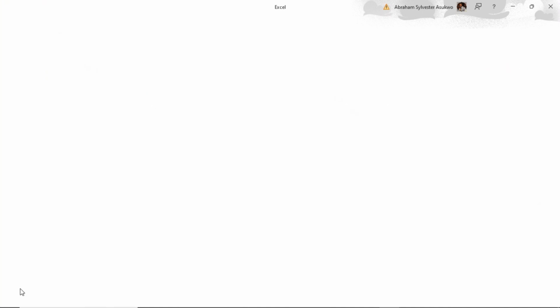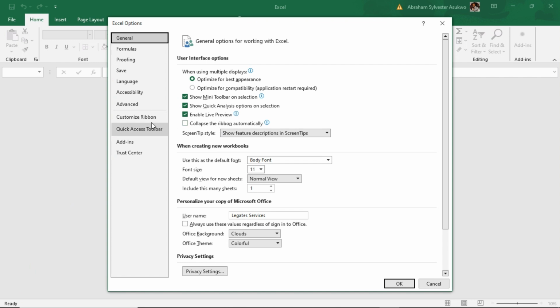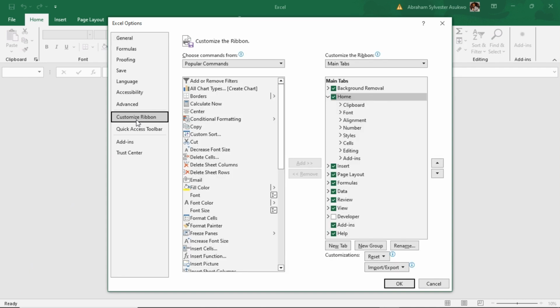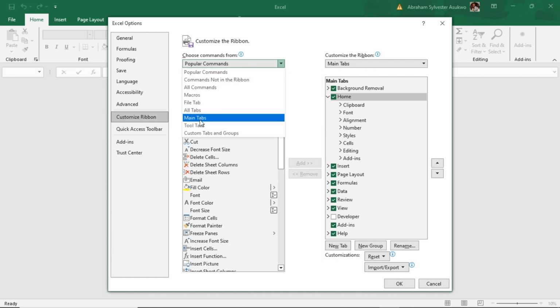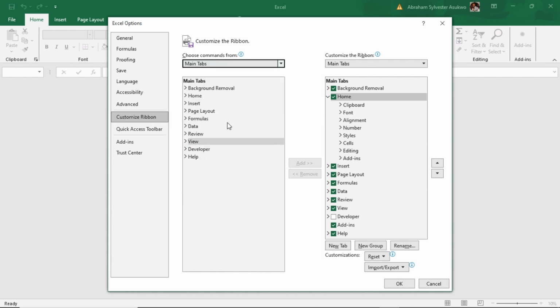Right where you have options, a menu pops up. Under this menu, you have general, formula, etc. So you're going to come down to customize ribbon. Once you click customize ribbon, you change this "choose commands from" popular commands, you change it to main tabs. Once you change it to main tabs, you come down to where you have developer and you click on